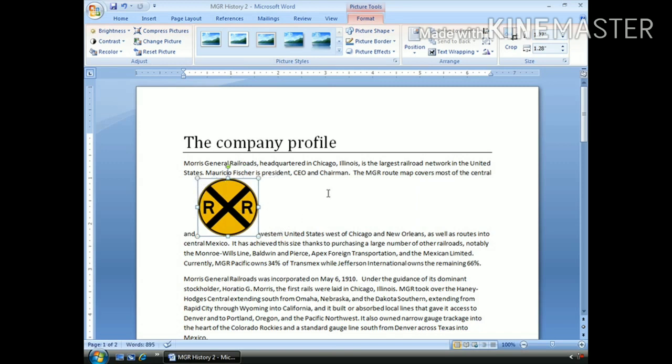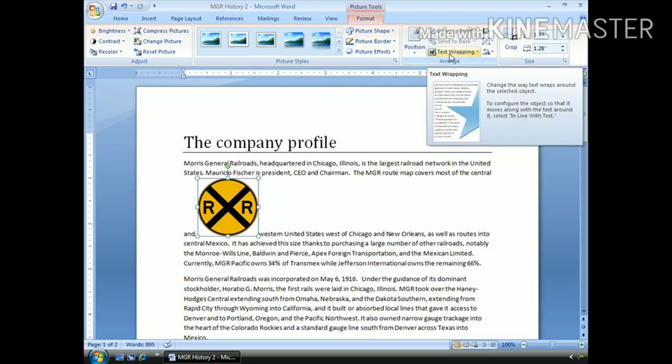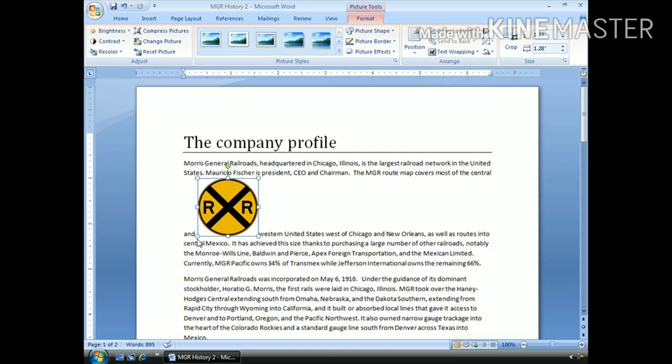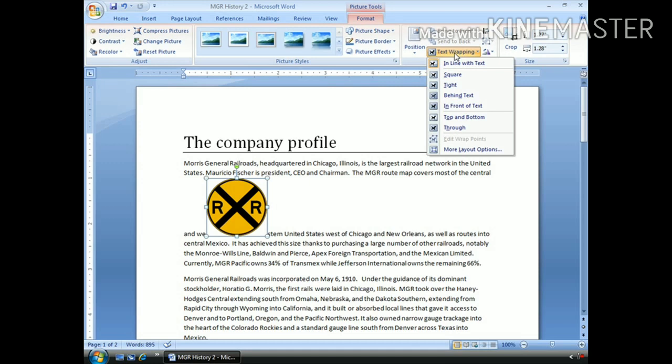Now as you can see here, a picture is there in between the paragraph. So what happens when you use this text wrapping option? When you use this option, just see, the changes will happen. As you can see, this picture is in line. Now text wrapping, then I will do square.